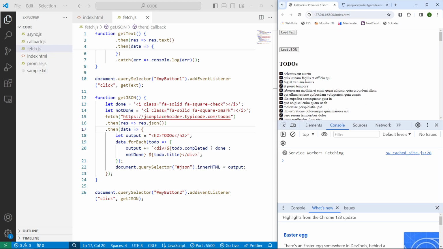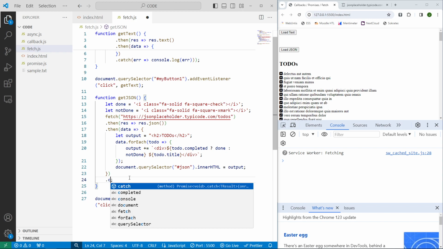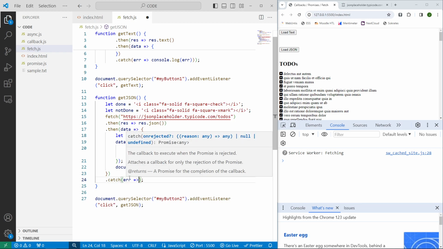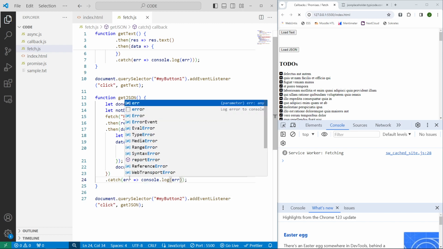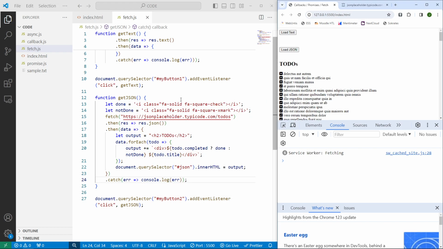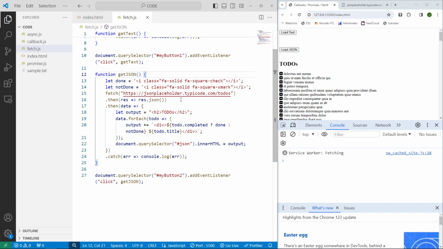Very important at the end, don't forget to use the catch here to catch any error if there is some. This is very important to always think about errors because there can be any error at any time. So that's very important. Okay, and now I want to show you one more thing because this whole stuff that